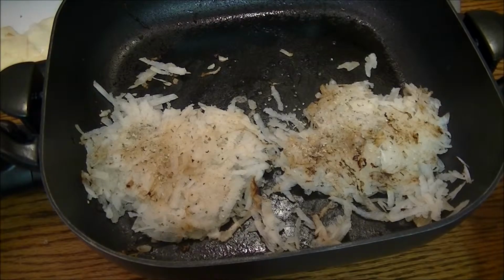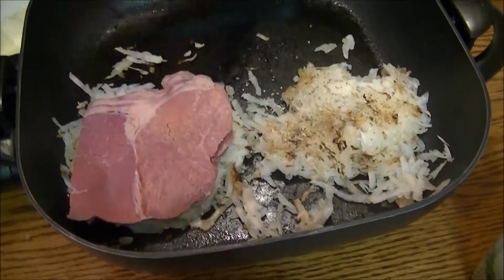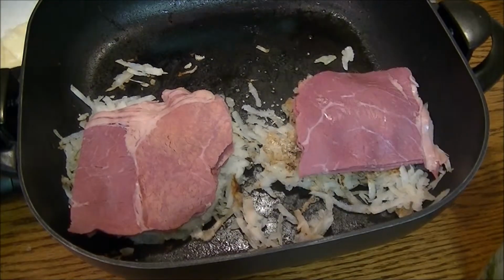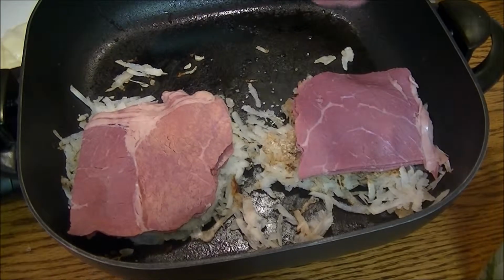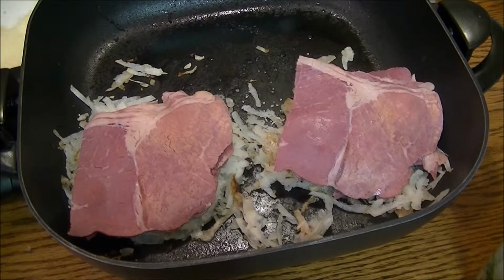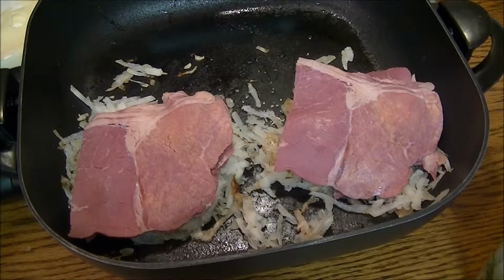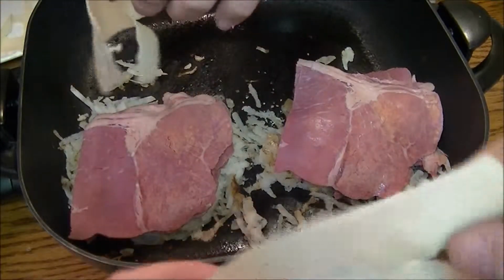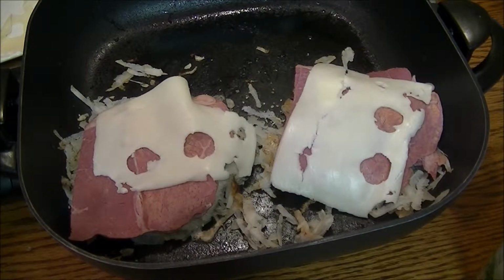This is where it gets fun. Meat. Oh, you don't both at once. Meat. Get it at first. So I should do that one too. And meat. Now, we take our Swiss cheese. And the Swiss cheese is the key. Can you slide that over? That Swiss cheese over the...